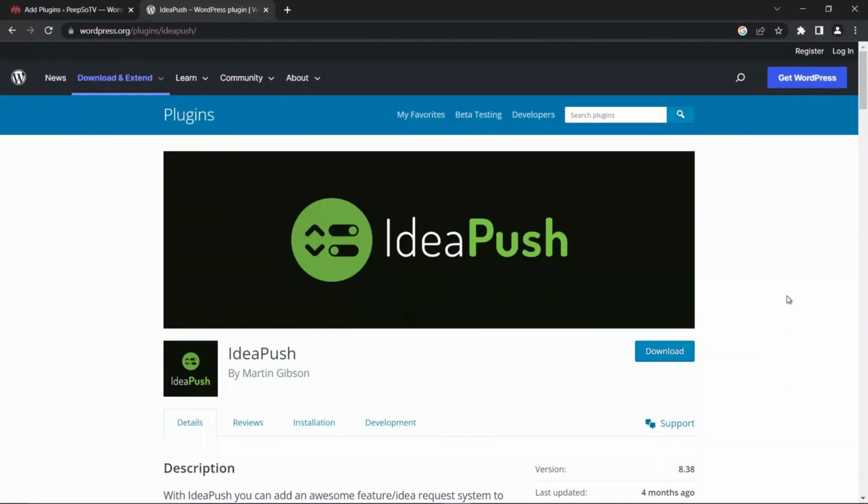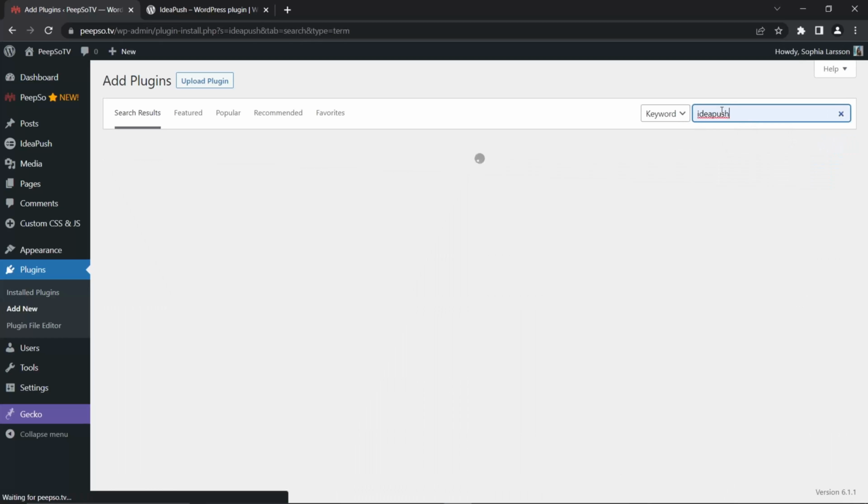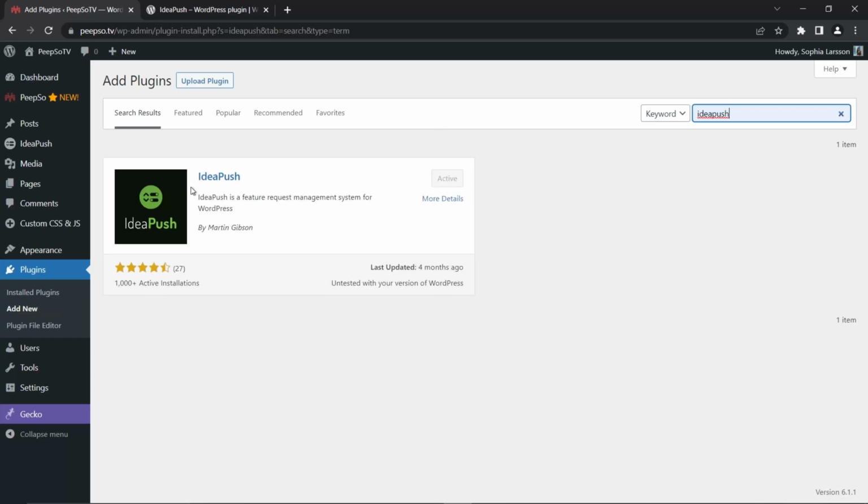First, you will need the IdeaPush plugin. You can download it from the WordPress plugin directory, completely free, or you can go to your WordPress dashboard, then go to plugins, add new, and search for IdeaPush. I already have it installed, but if you don't, the process is just as simple as installing any other plugin